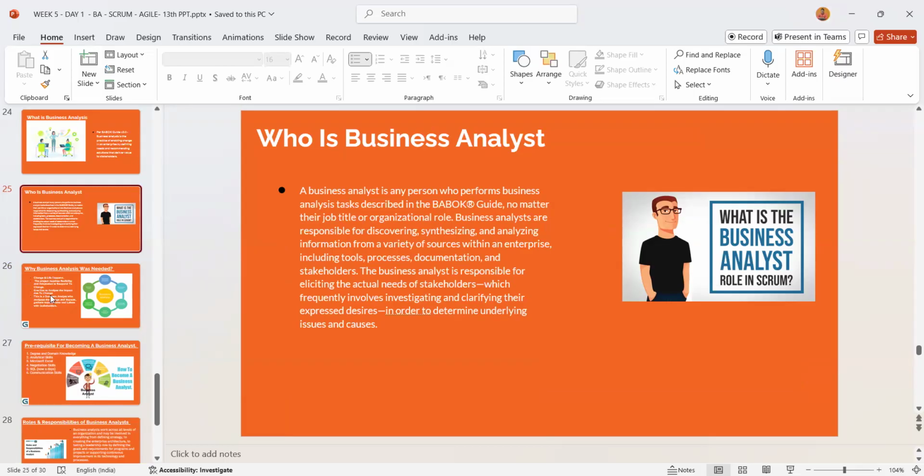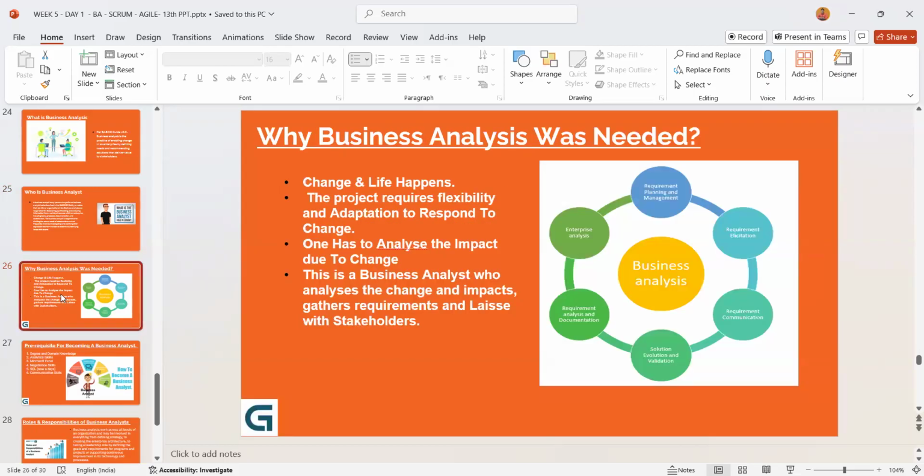Now understand, and thank you for answering that. So now understand why this role came into the picture. The whole idea is that everyone is in enthusiasm. They continue to work, okay? But this is equally true, the first bullet. What does it read as? Change and life happens. Yeah, absolutely. Change and life happens. And things may slow down, right? You all agree?